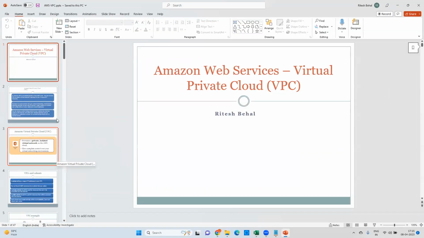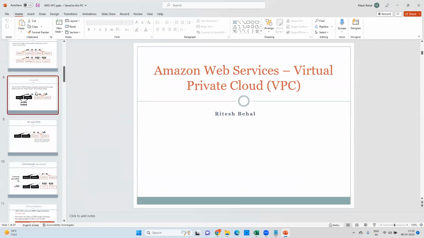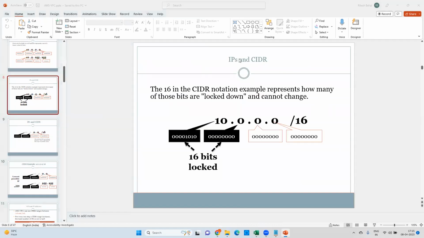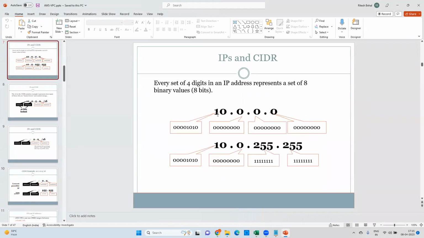So this is what I'm talking about. If you go with this documentation, IP and CIDR block, if I'm taking 10.0.0.0/16, here you need to remember, before this slide, you need to understand this part. When I'm saying